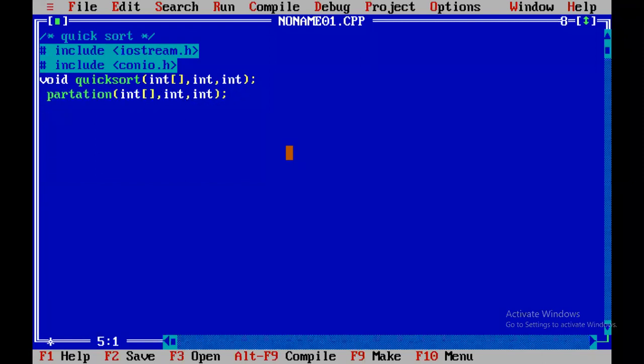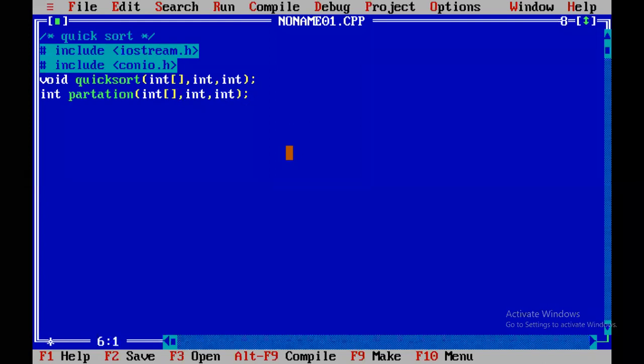The return type of this partition is an integer. So this partition function prototype will instruct the compiler. The name of the function is partition. The return type of this function is an integer. This function has three parameters: an integer array and two integer variables.